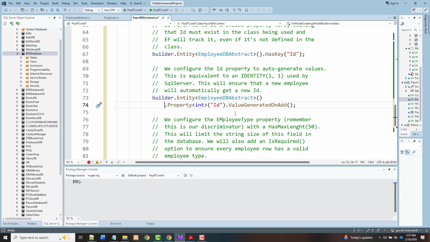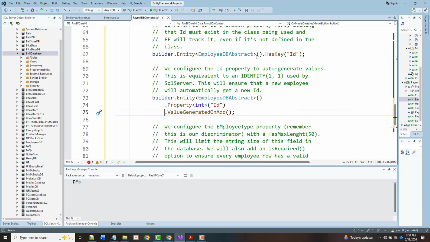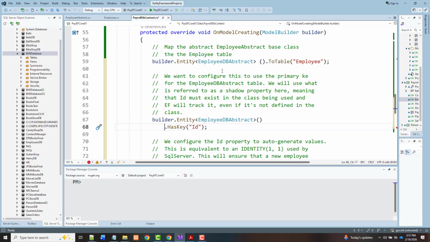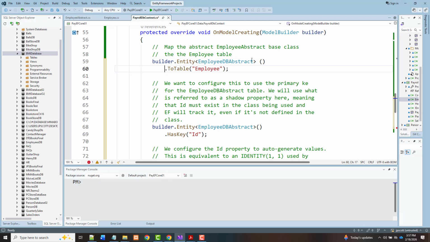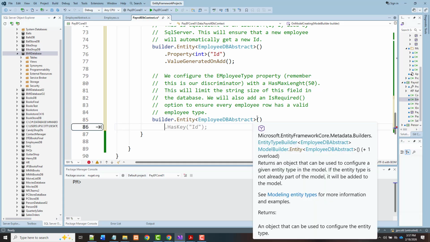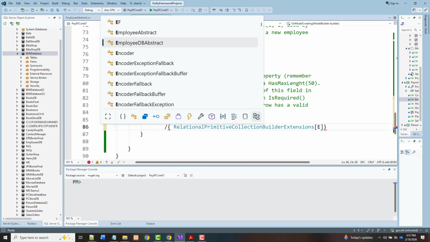Let's just do that so you can see everything that's going on here. We'll do that in all of these. There. You can put it on multiple lines like that. It doesn't hurt anything. So from where we are right here,